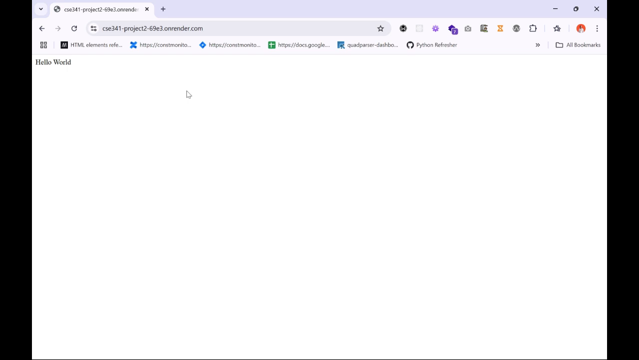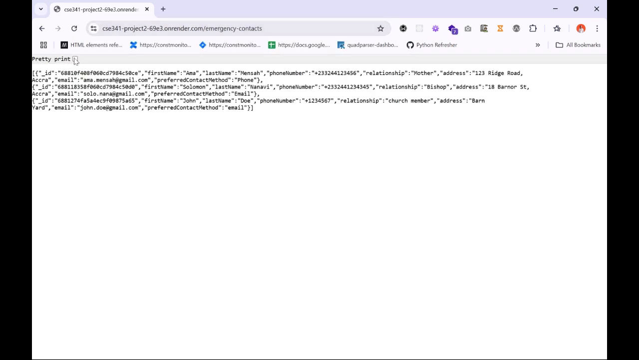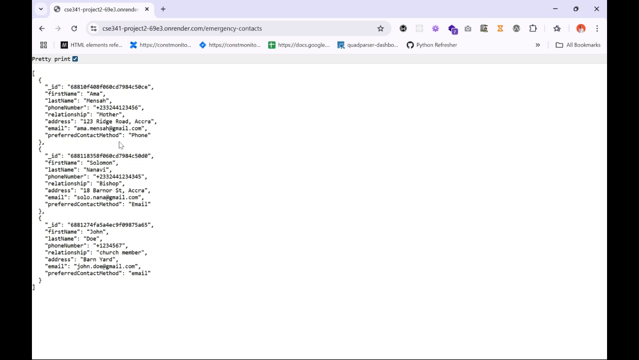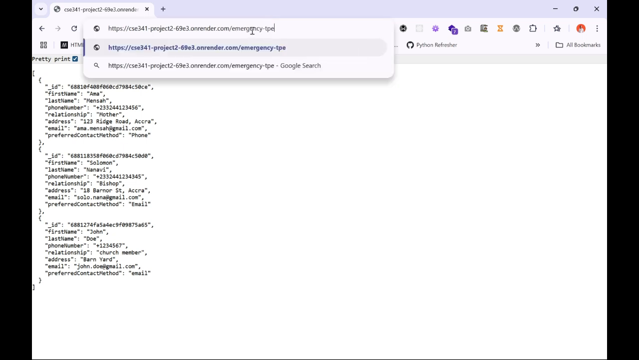And at this time, we have two collections from our database that we are going to display. Our first collection is called Emergency Contacts. Emergency Contact has 7 fields of data, which has been stored in the database, and then we have emergency types,